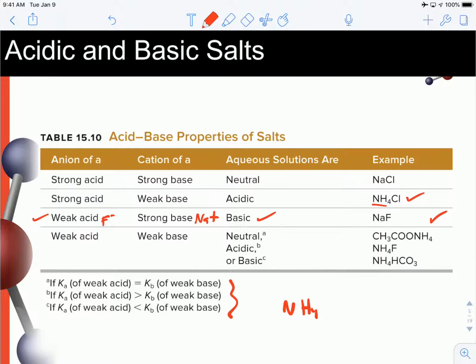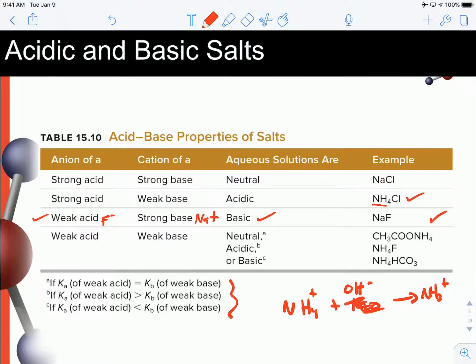And that we know already because that effectively is going to react with water